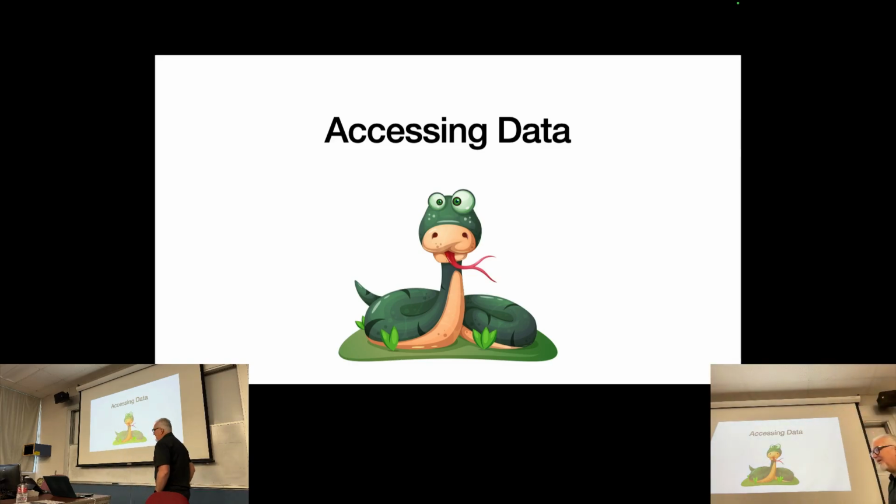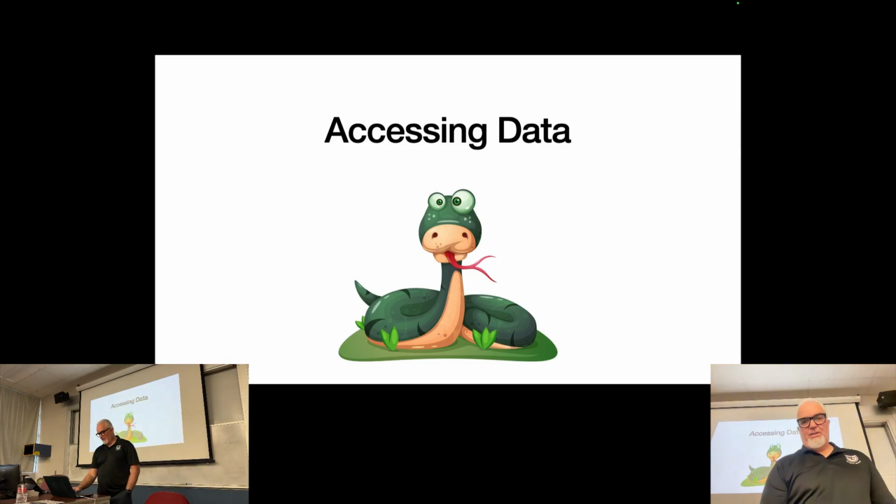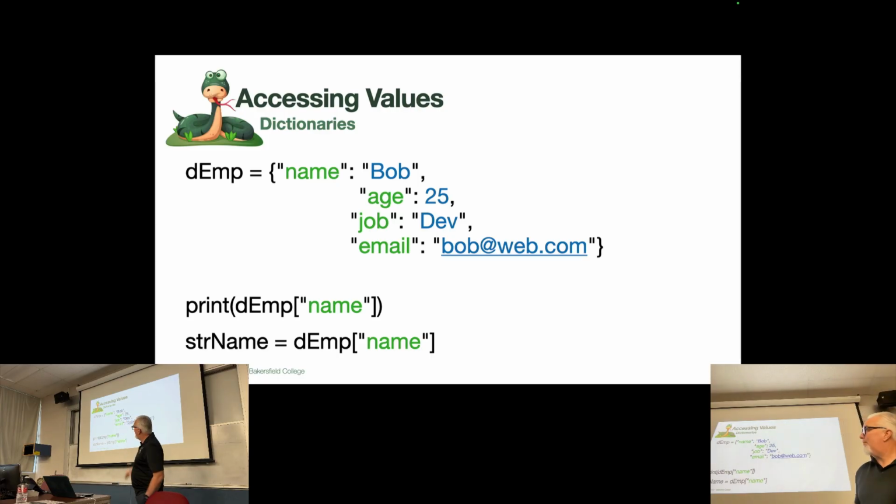So accessing data in a dictionary is pretty simple by design. If I have the dictionary above and I want to print out the name of that person, obviously this dictionary object represents maybe an employee record in HR software or something like that. So if I want to print out the employee's name, I would print and then I would give the dictionary